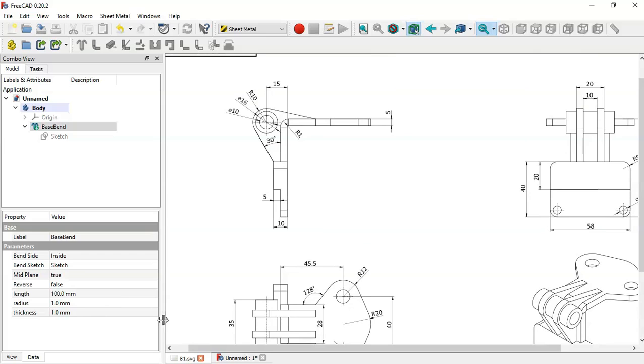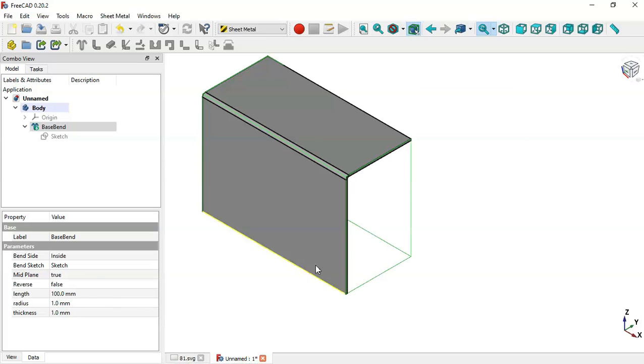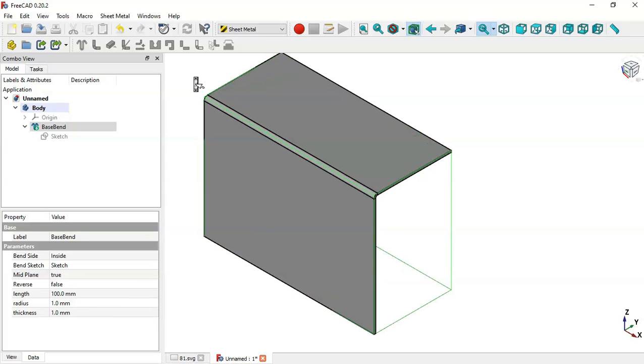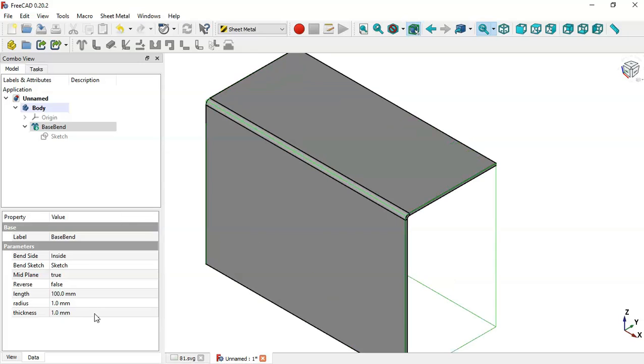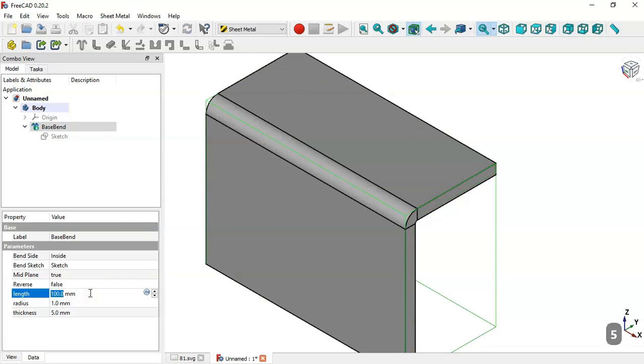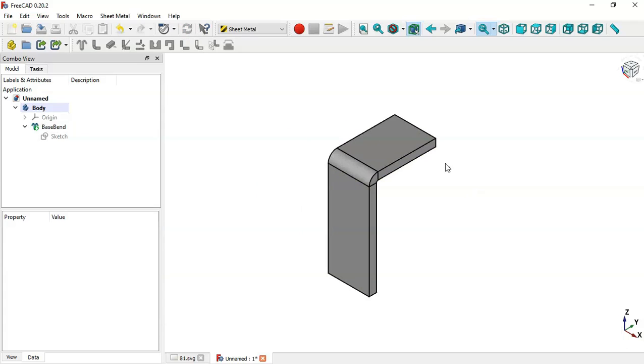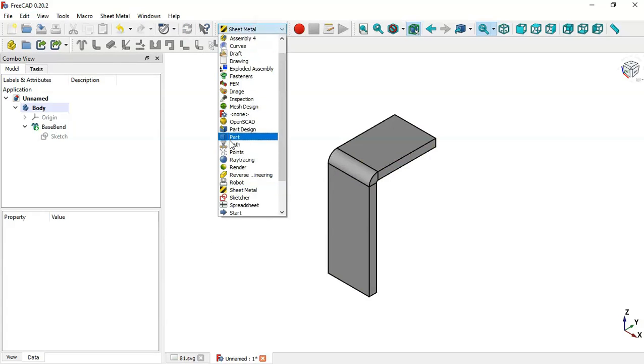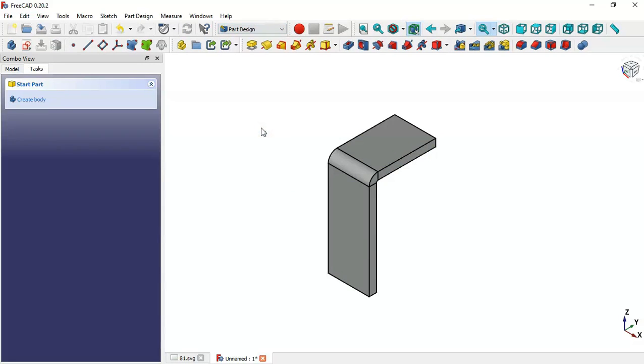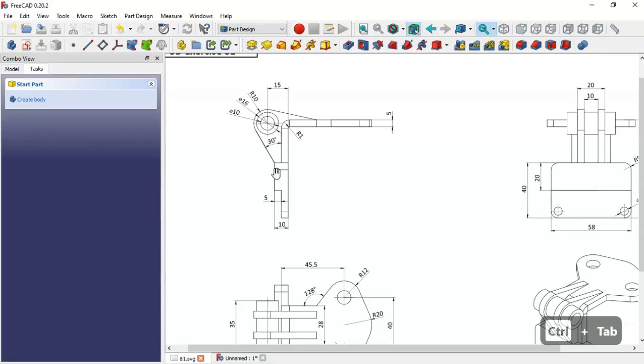So okay, so now let's go to this part here, and first here change the thickness to 5 and the length here to 28, and now clicking this refresh button, and now as you can see we have this part with these parameters. So next here we go back to part design workbench, and the next step here is to